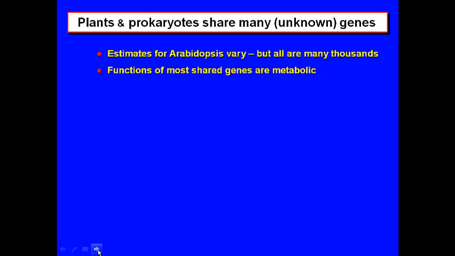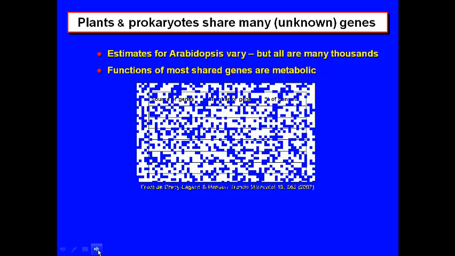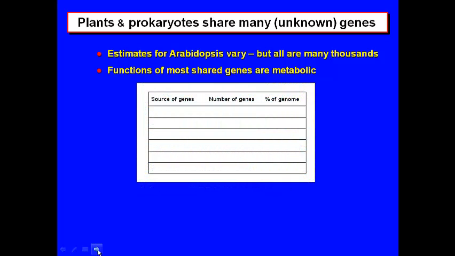We thought that a total of around 11,000 genes out of the 26,000 in Arabidopsis are shared with prokaryotes. That's more than 40% of the genome. More than that, the genes are identifiably from various groups. In other words, the closest homologs of the plant genes that you find in prokaryotes will be from a specific group. And as you might imagine, cyanobacteria lead the field. 20% of plant genes are shared with cyanobacteria.